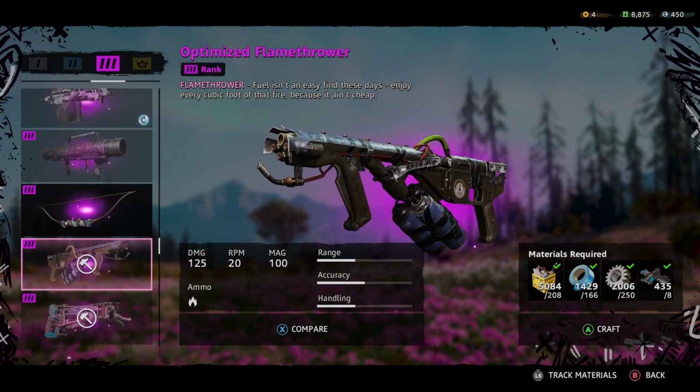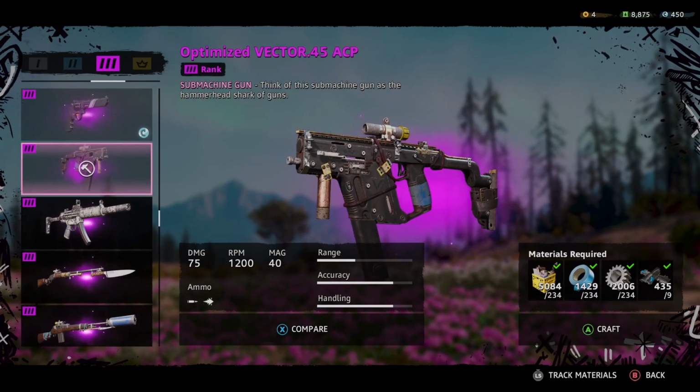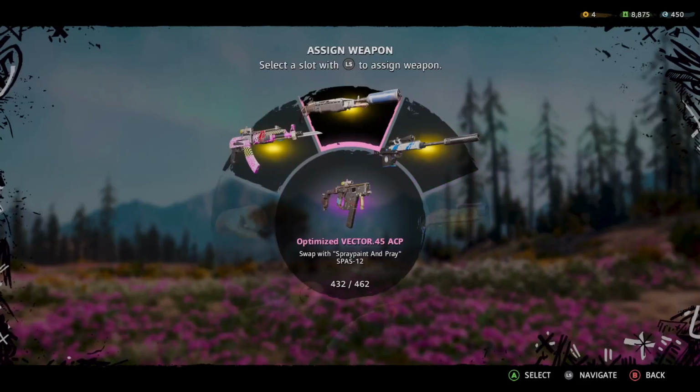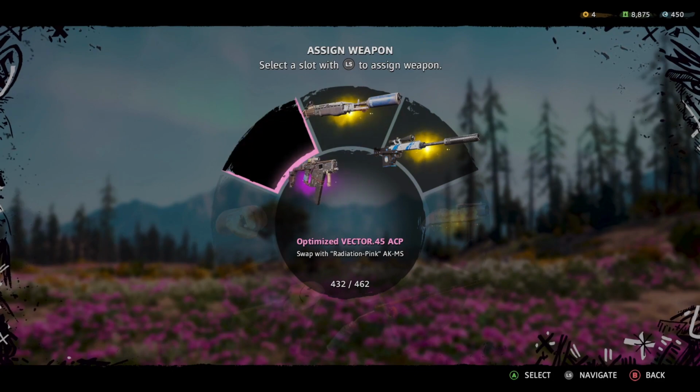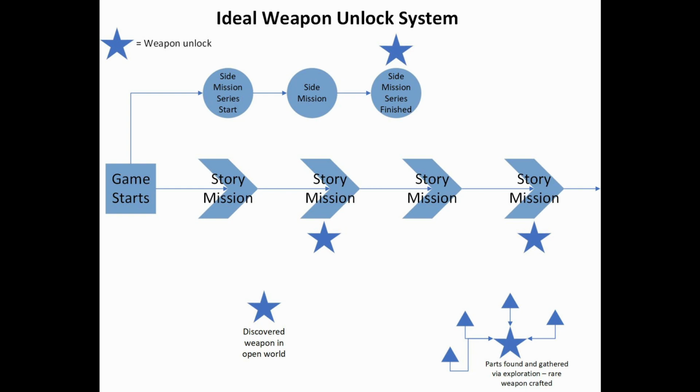These weapon unlocks were particularly interesting because they were not directly tied to the story progression at all, but they were still rewarding in their own way as they required a deep exploration of the map, which was very enjoyable in both of these games because of their unconventional but extremely beautiful settings. An ideal weapon system for Far Cry 6 would combine all of the best parts of these